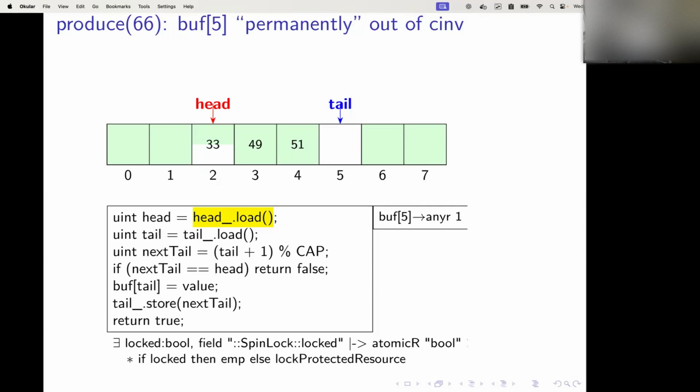And the other constraint is that when the producer starts, it must know that the ownership of this cell is in the invariant, and at the end of the load operation, it must be able to take the ownership of this cell out of the invariant. This is similar to the lock invariant we saw. Remember, we saw the lock invariant last time, where we said that